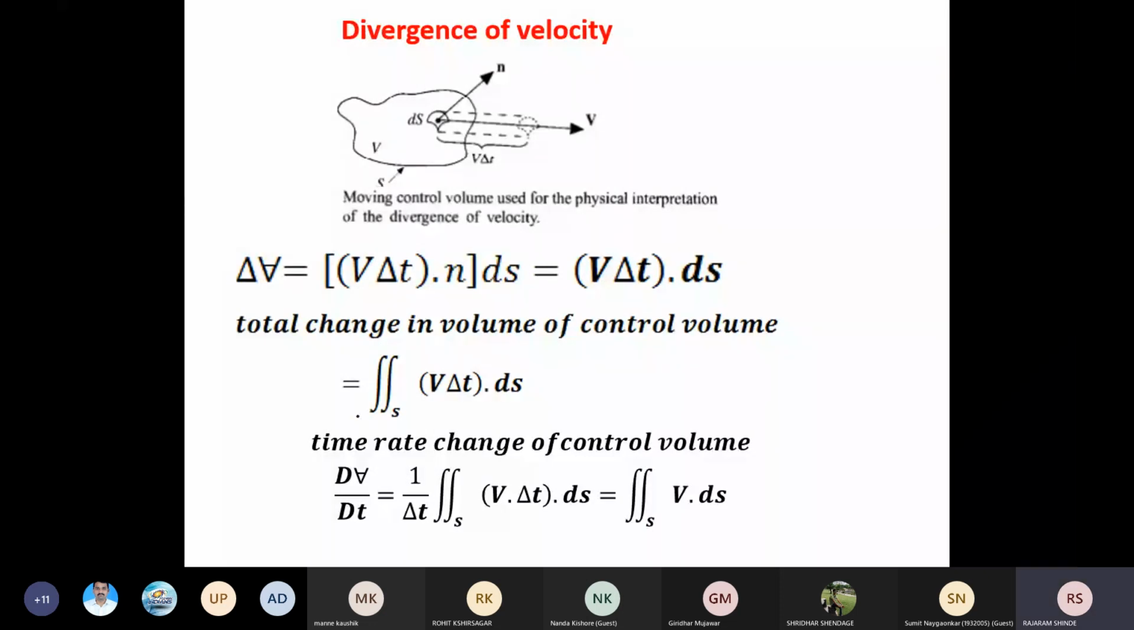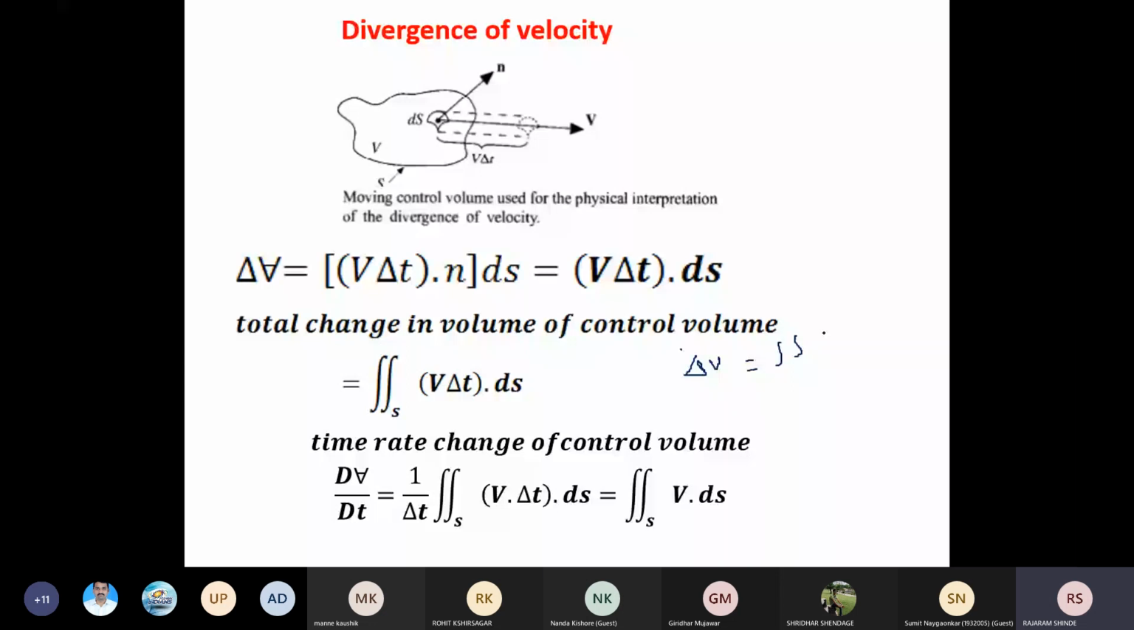I have taken this dt here, okay, integration over ds. Now here how we can get this equation, I will tell you. Now here, if you have this one, that is delta v, this is equal to the integration of delta v, or just delta v, this is equal to the integration of v delta t dot ds,